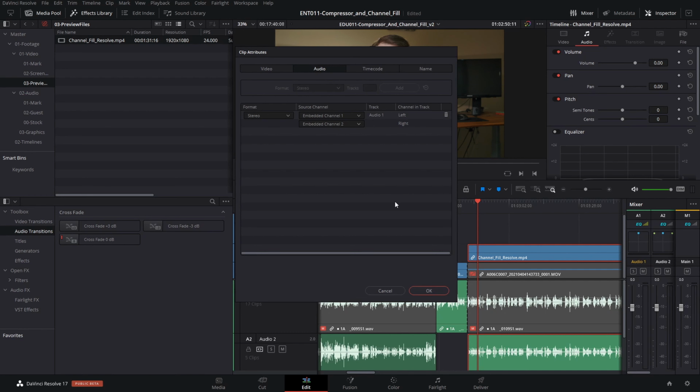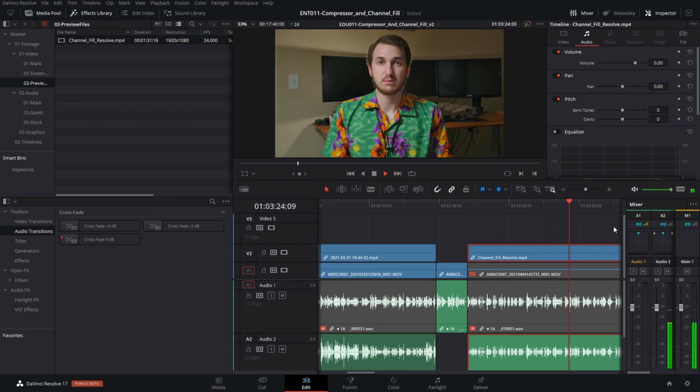it probably says Stereo. In the center column, you'll currently see Embedded Audio Channel 1 and Embedded Audio Channel 2. If your right channel of audio isn't working, we're just going to switch both of these over to Embedded Audio Channel 1, or if your left channel audio isn't working, we'll just switch these all over to Embedded Audio Channel 2. Now if we close this menu and play back our clip, you can hear that both our ears are